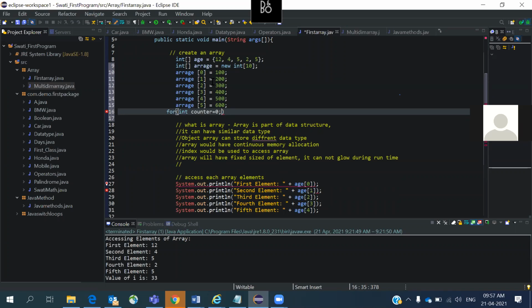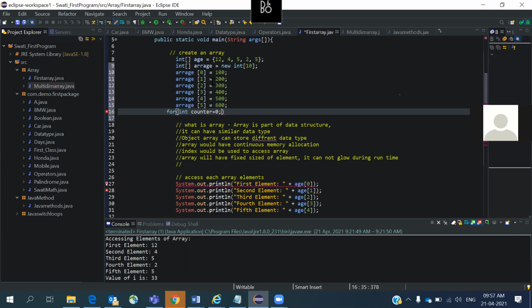We need to write the condition. Just think how many times I need to run this particular loop. 10 times. There you have written 10 times. If I change that code to 15, once again you come to your for loop and change it. So what we will have is length.